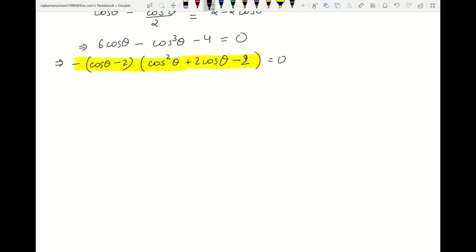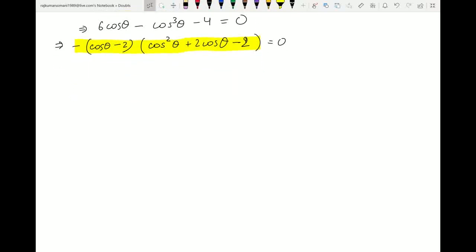We know that cos theta cannot be equal to 2, so let us solve this quadratic equation. Cos square theta plus 2 cos theta minus 2 equals 0, and this implies that cos theta is equal to minus 2